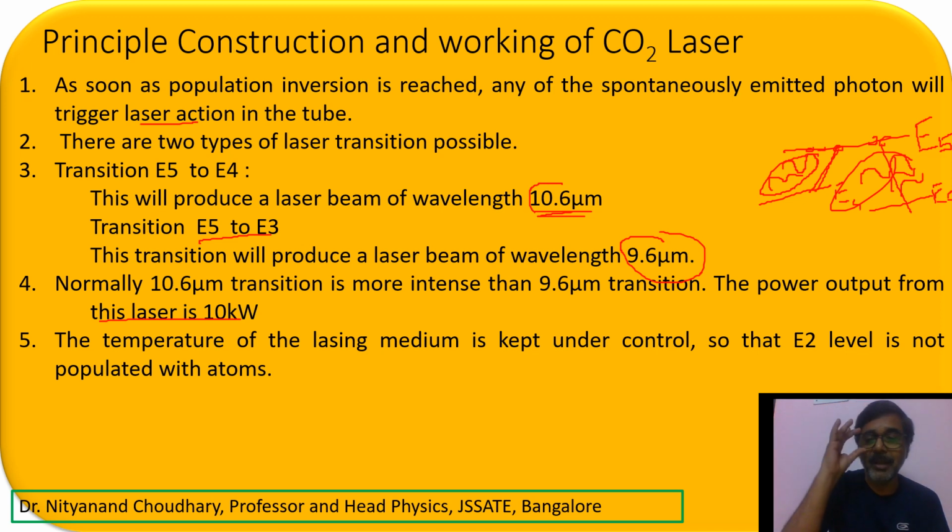Now you see what is happening. The atoms have come over here, and here the atoms have got stuck. Here we have given some absorbent. The temperature of this is going to be absorbed, and from this E3 the atoms will be coming to E2, where there is no atom. Therefore the temperature must be very, very controlled, so that from your ground energy state, no atom should jump over here.